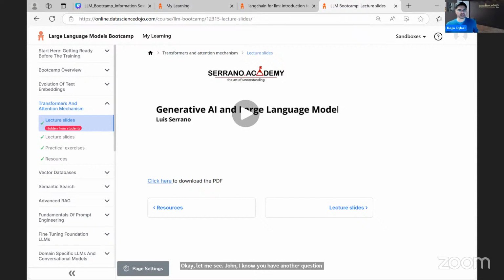I want to make sure that I have answered other people's questions. What vector database will be used in the curriculum? Traditionally, we use Weaviate, which is one of the top vector databases in the industry. But we have exercises in our learning platform. I will show you in a bit, Sridhar, this is your question.